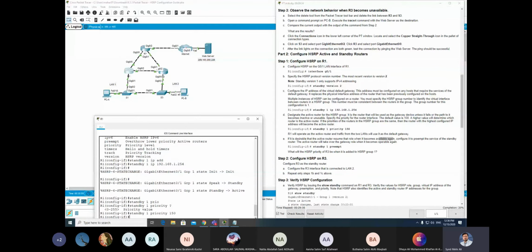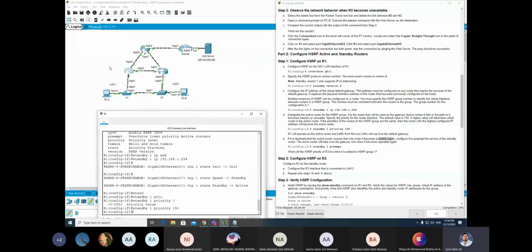Suppose this is our normal traffic for both LAN 1 and LAN 2 moving through router 1. If the link is down for router 1, then with preempt configured, the traffic will move to router 3 and reach the web server.